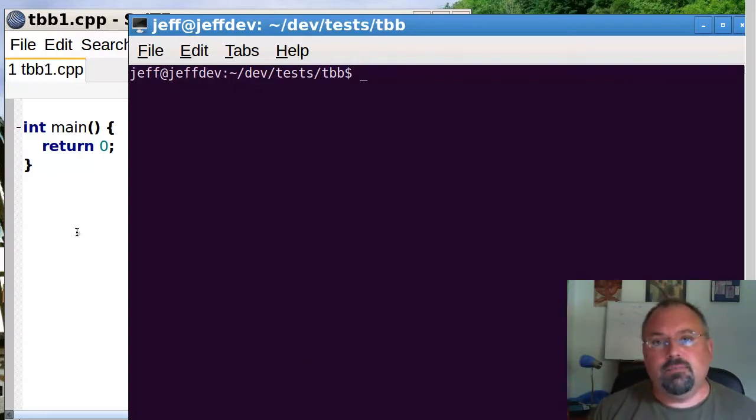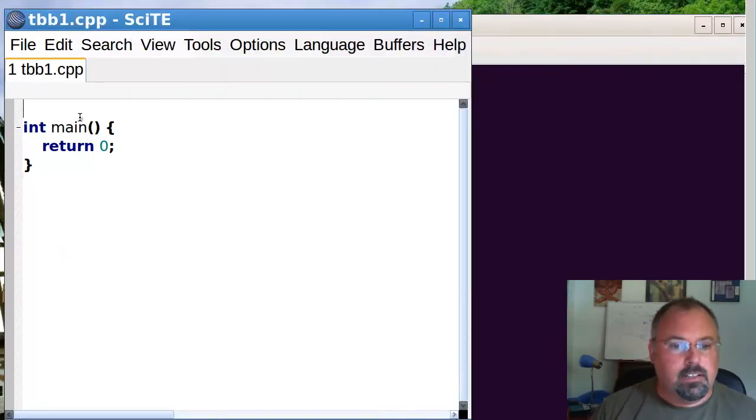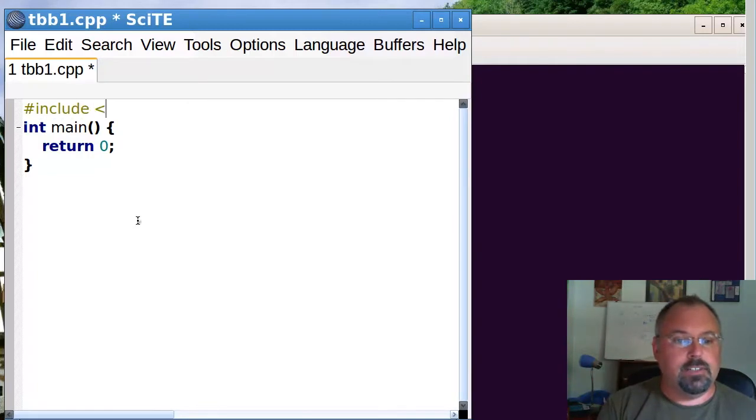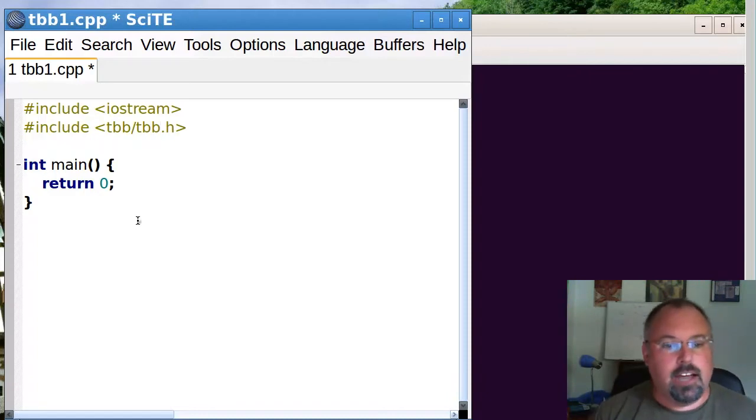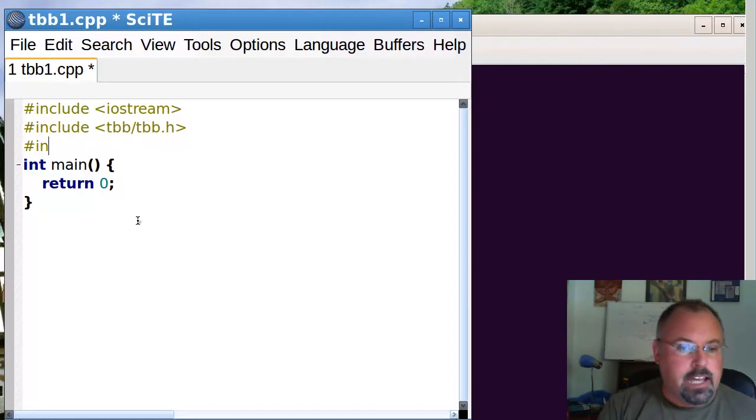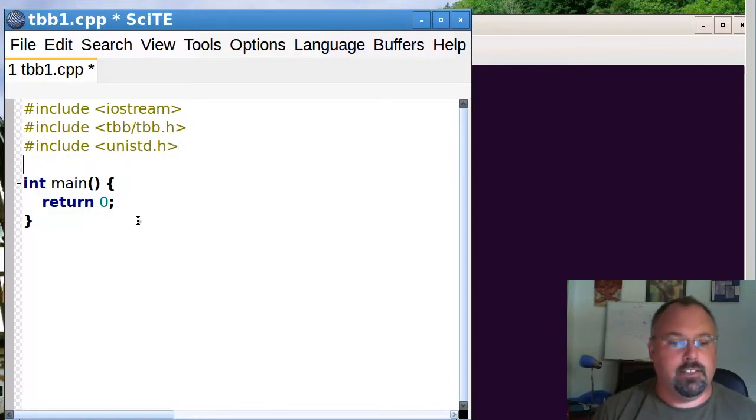Because threading building blocks works on both Windows and Linux and pretty much everywhere, I thought I would do this example on Linux. So let's start with a basic C++ file, and let's add some header files to it. I'll add my iostream and the threading building blocks headers, and I'm also going to add a header so we can do some timing in it.